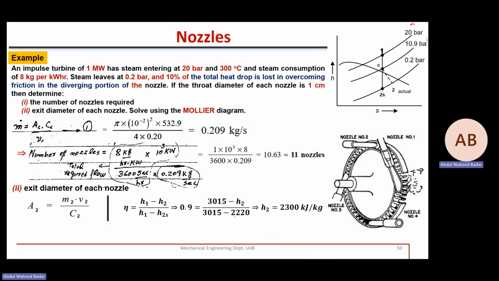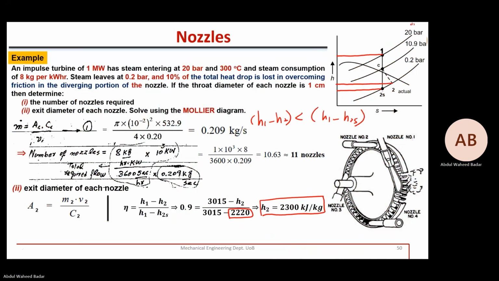So this is H2S. So here is H2. Look, H2 is higher than H2S because the enthalpy drop in the actual case is lower. H1 minus H2 is smaller than H1 minus H2S. That's why the velocity rise will be less, or the kinetic energy rise will be less. Okay, then